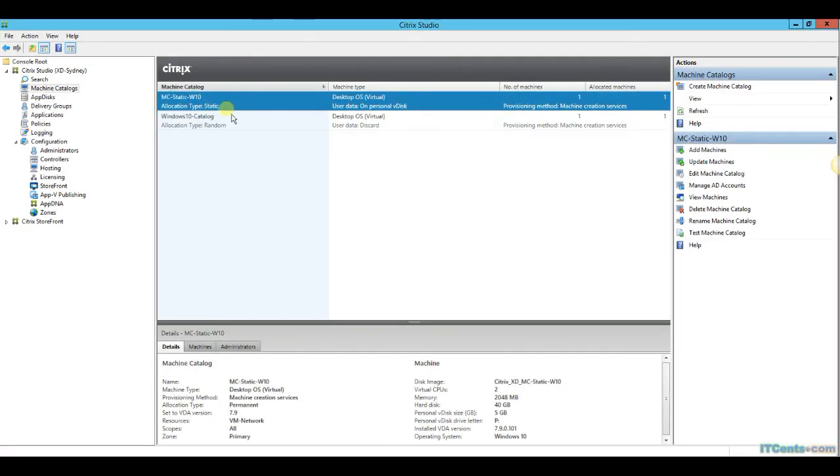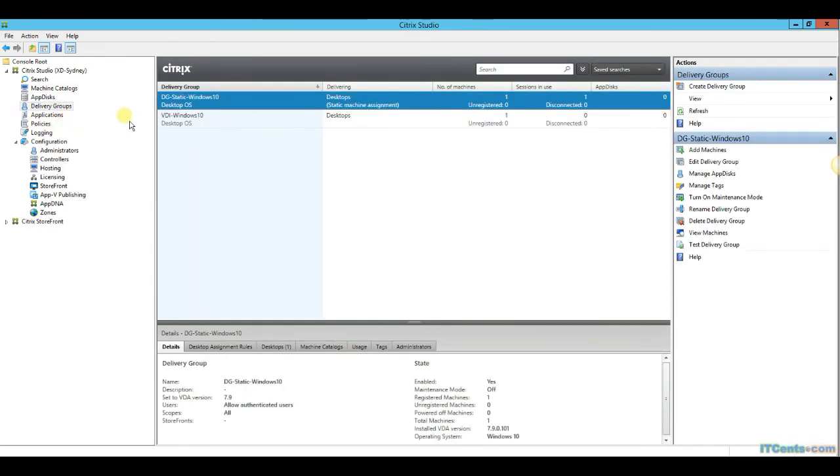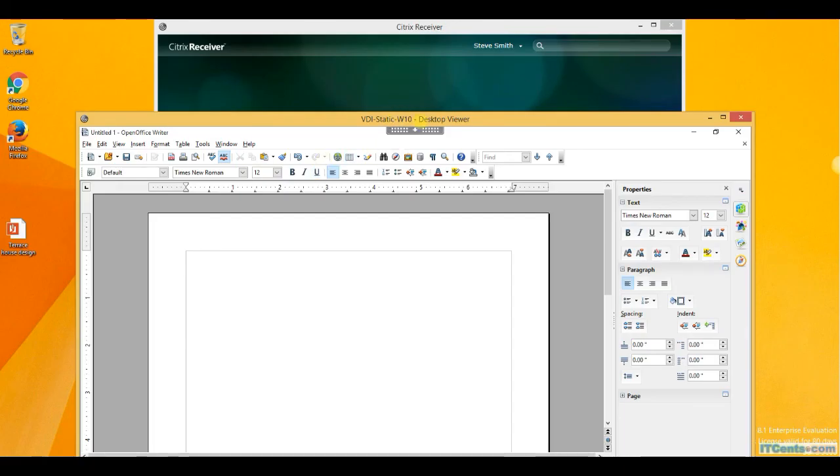So similarly, I have two delivery groups. One delivery group for static, based on the static machine catalog, and one delivery group for the random machine catalog. And here right now, I am connected to VDI static Windows 10, and as you can see,